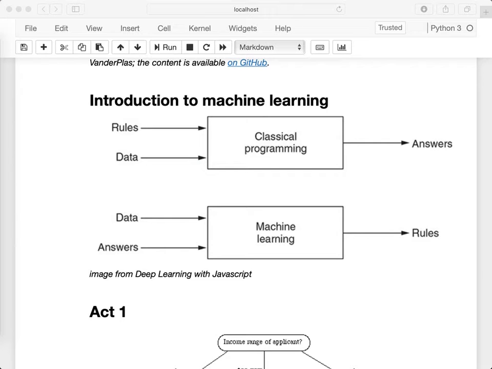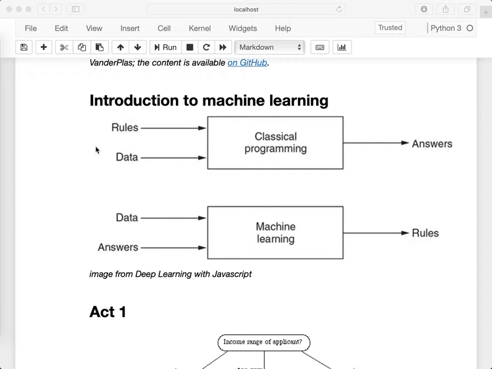Welcome to this video. In this video, we will start talking about machine learning. To introduce the topic, we can understand machine learning as a new programming paradigm. In the classical programming paradigm, the programmer has data and also has rules that represent the business logic to process this data. The purpose of the programming task itself, the development of the computer program, is to convert data to